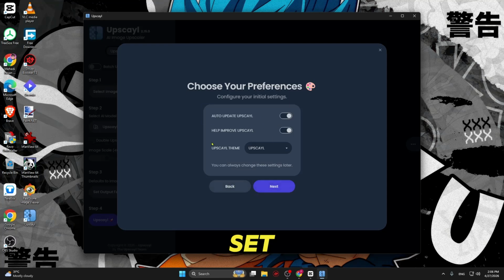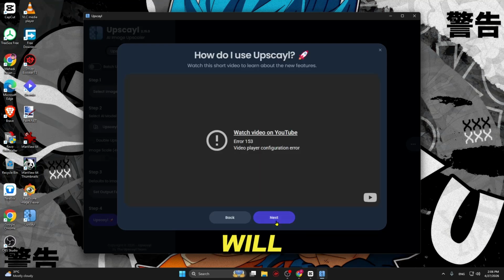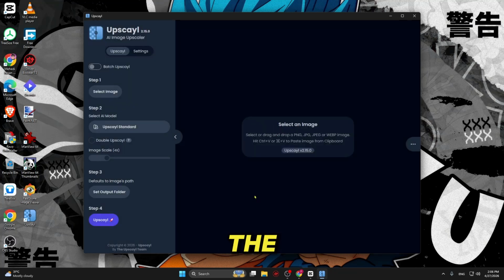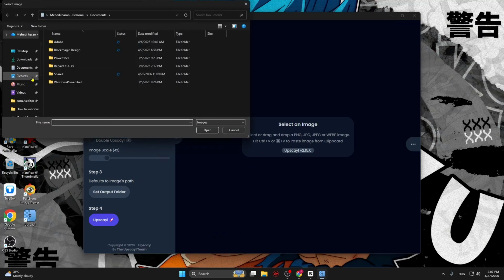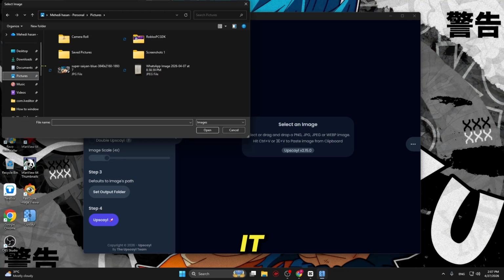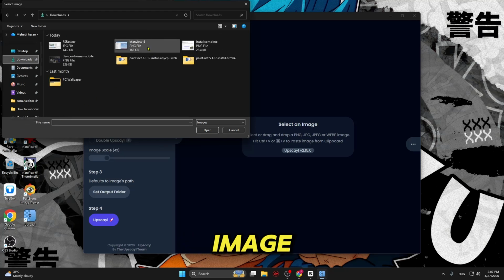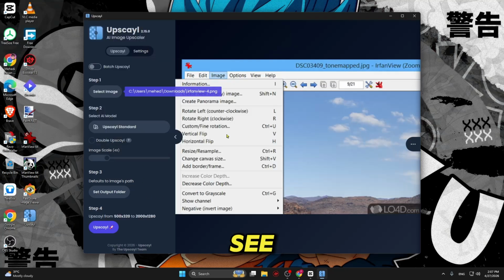So you can simply set it by your choices. I would like to show you right now the fastest method to do that. Now if you just select any of your images and try upscaling it, like I'm going to upscale this image, you can see it's looking blurry, and now I want to make it